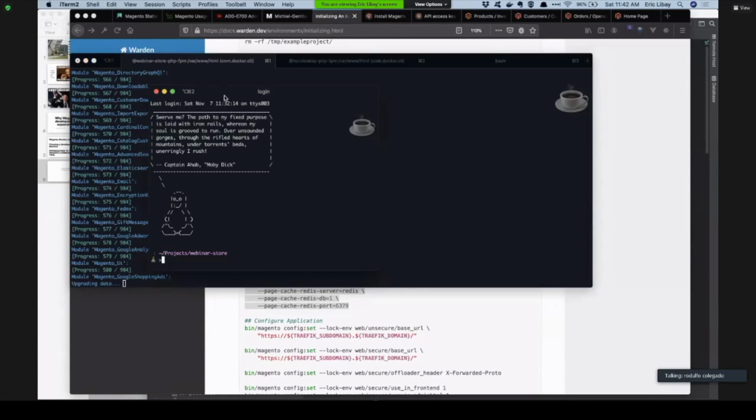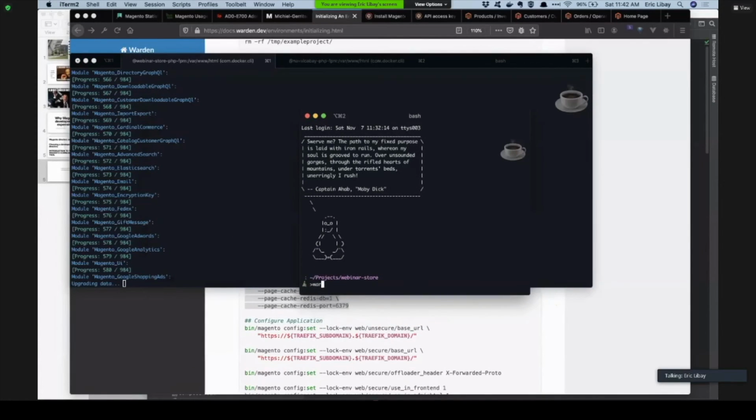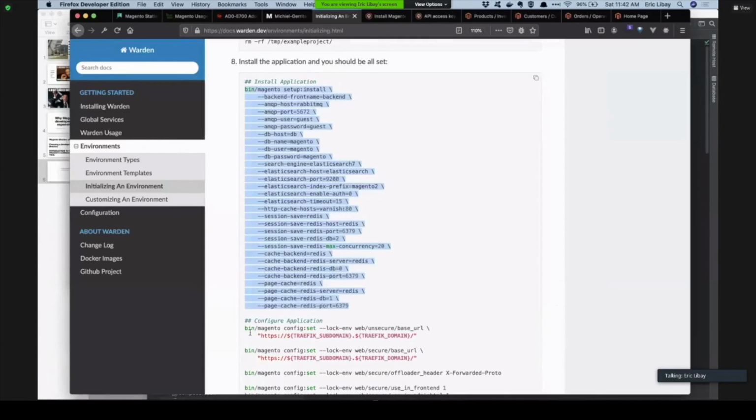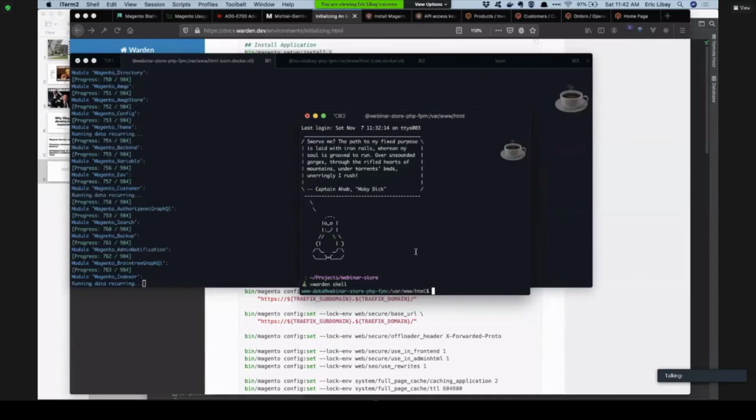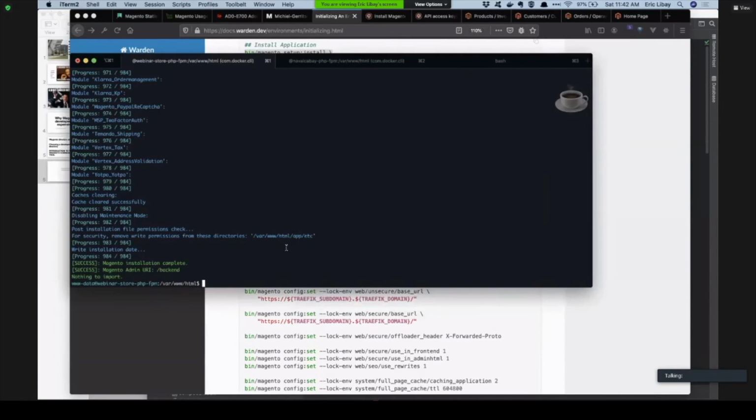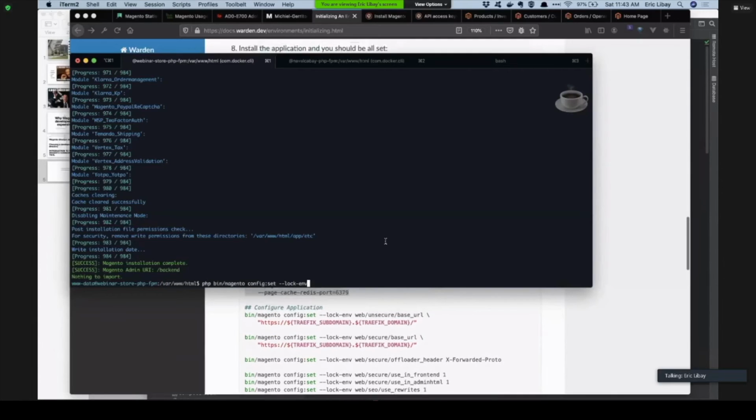Yeah, we can actually create a new terminal, the Warden shell, and you can execute this command. Basically, what it does is specify what the URL will be. So: php bin/magento config:set --lock-env. This argument means the configuration is saved in the env.php file, because without it, it will only be saved in the database. Then web/secure/base_url, then your URL, https